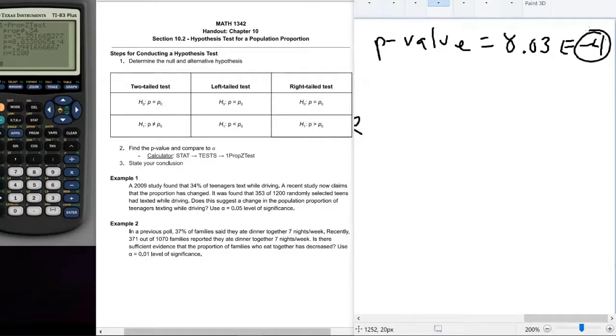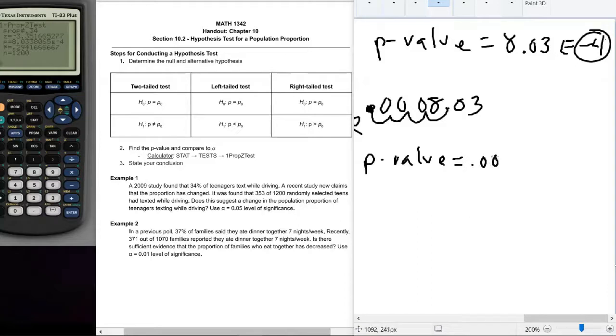So when I have 8.03, we're moving this decimal 1, 2, 3, and 4. Then the gaps will fill in with zeros here. So our p-value is equal to 0.0008, okay? And at this step, we compare this p-value